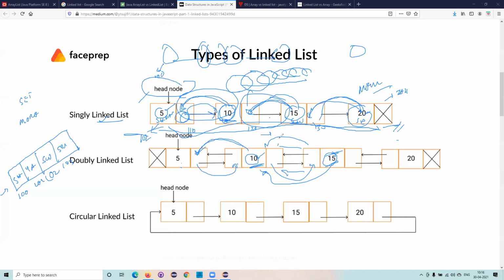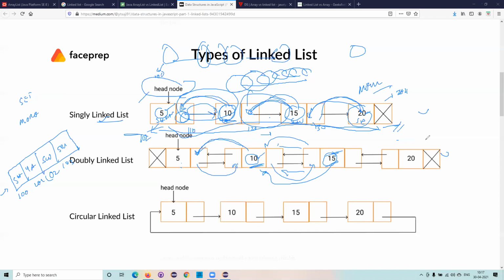Guys, I know this might be slightly confusing, but just try to concentrate and listen. I know that we fly away to a lot of places, but just come back and try to understand the concept here. If you want, I can explain once again, because I didn't want to bore you people. I just wanted to go on to the circular one, but if you didn't understand the basic singly linked list and doubly linked list, then I can explain it. I'm stressing these particular pointers because after explaining this, if I explain the differences between them, it is very easy for you to understand.